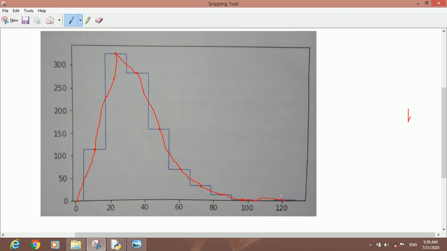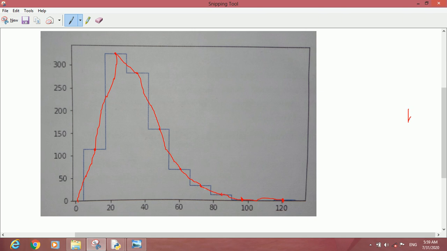So this way you can see the middle points of all the bars have been connected with a line, and this has drawn a polygon. You can see the middle point, that is the middle frequency of each bar, has been connected with a line, and that only is forming a frequency polygon. Here is the middle point, this is the middle point.